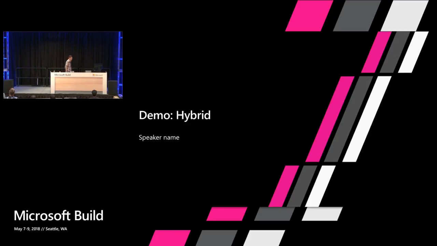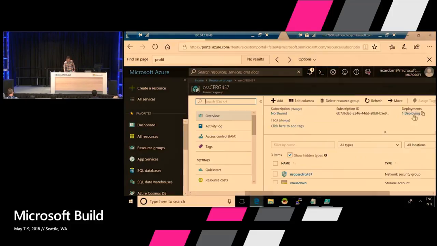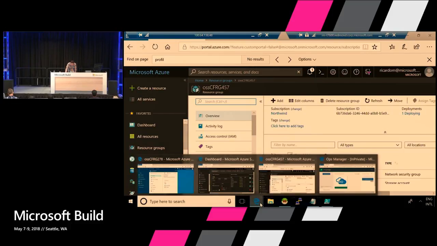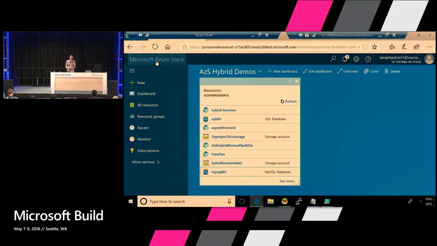So let's switch to the demo environment. All right. I'd like to concentrate on Azure Stack, so let's switch my screen here.